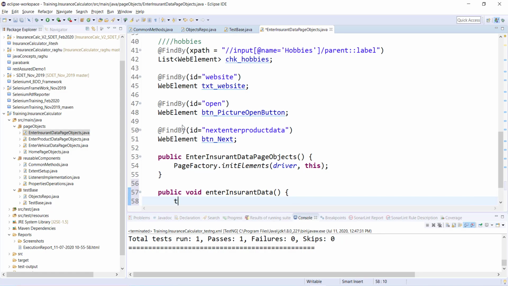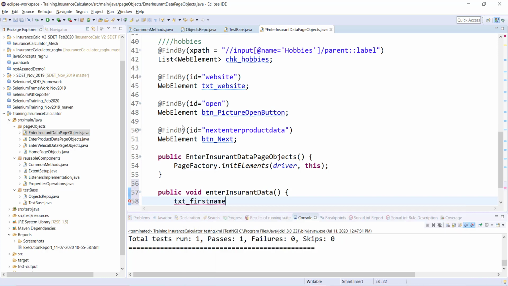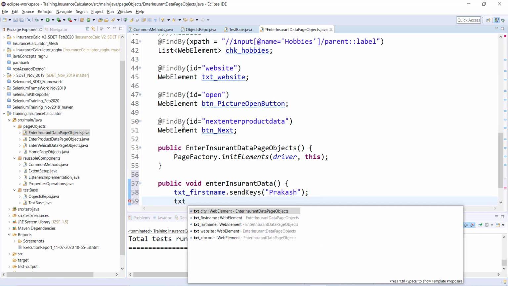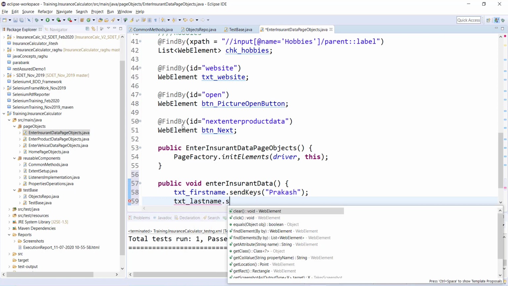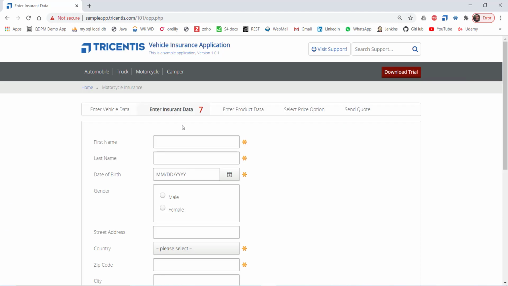So I'll say txt dot first name dot send keys, and it is going to be, let's say, my name. Okay, let me send the last name as well, because these are the mandatory fields, last name, and let's say my surname. Okay, so these things are done.